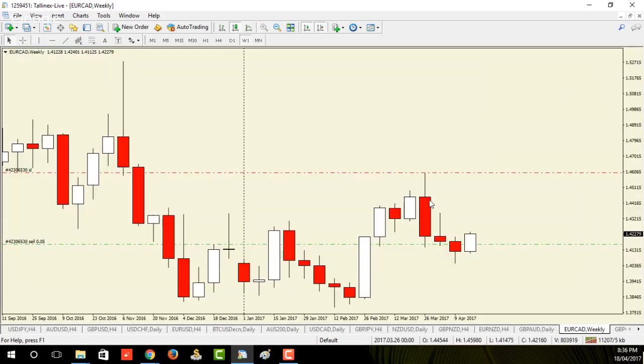I'll show you the Euro CAD. This is a bearish big shadow on the weekly, right? So you can see here the market's moved up. The weekly chart completely engulfs the prior candle, and then it's already traded lower. Now it's in a bit of a drawdown, but it's not that big of a deal because it's a weekly chart. It doesn't matter. These things take a long time. But this is an example of what I would call a